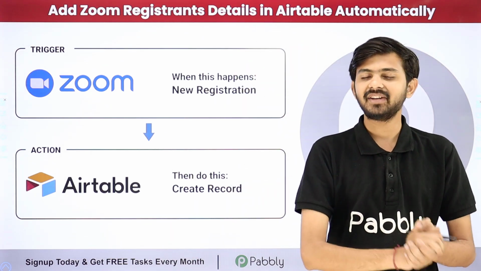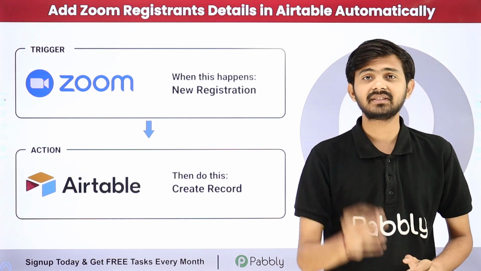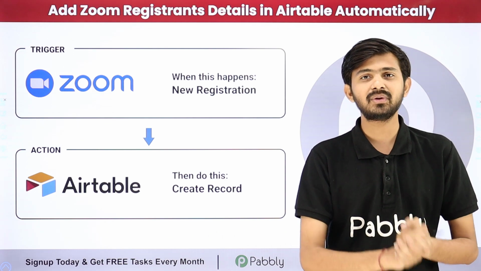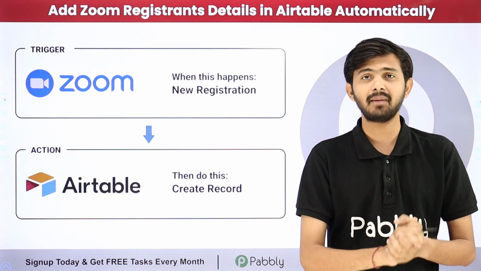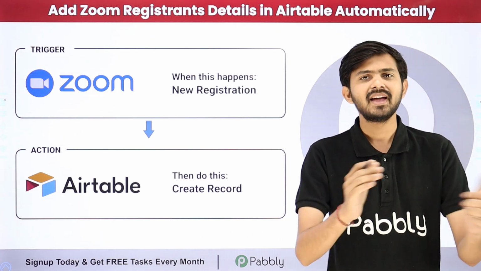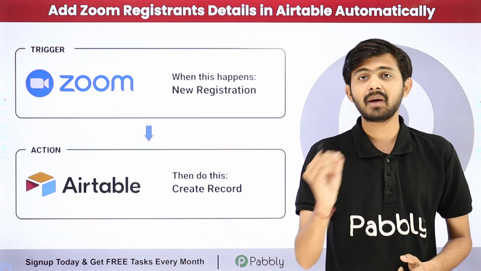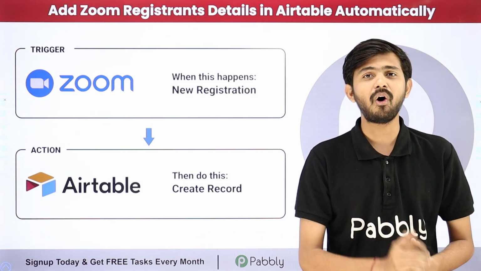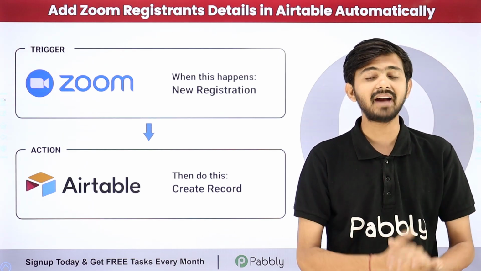I'm running an edutech company and I'm running some webinars and meetings through Zoom. Now what I want to do is automatically keep the data of all the registrants that I'm going to receive through my meeting in my Airtable database. So whenever I receive a new meeting registrant through Zoom, then automatically I'm going to get all the details of that registrant and add those details in